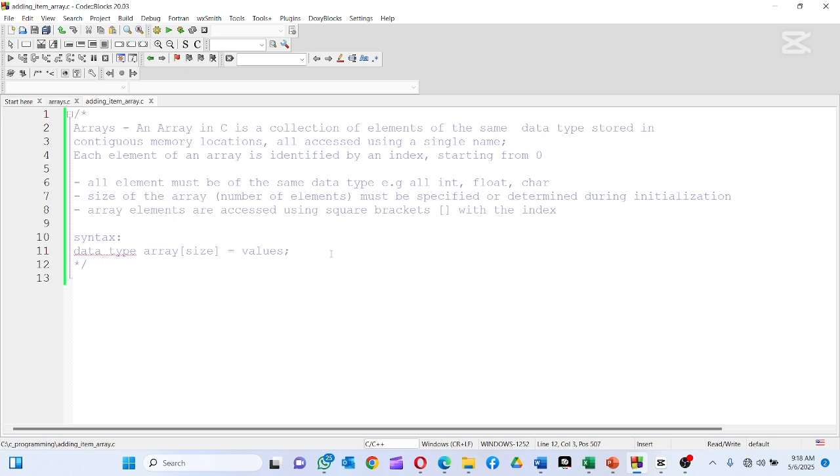We'll also look at how to handle array out of bound errors, and work with one-dimensional and two-dimensional arrays. Then we'll try to make it very practical, like I've always done in all the videos. So what is an array? It's a collection of elements that are of the same data type, right? And these elements are stored in a contiguous memory location, and we can access them using a single